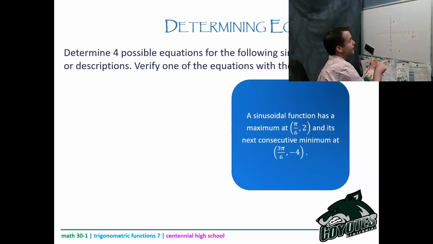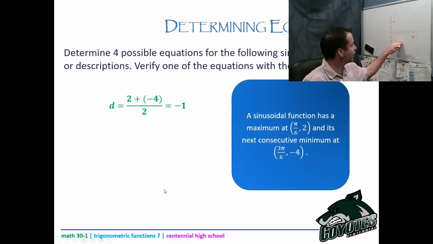Well, I know that the midline has to happen exactly halfway. So I know the midline is going to have to happen at 2 pi over 6, which would reduce to pi over 3. But for now, I'll just call it 2 pi over 6. And then it has to be the average of these two guys. So I know that my A value,